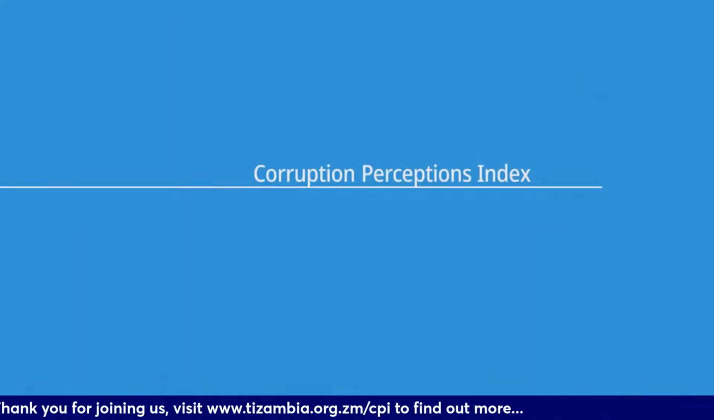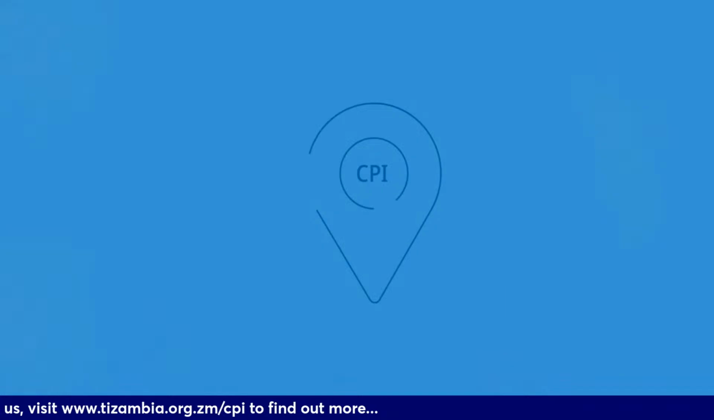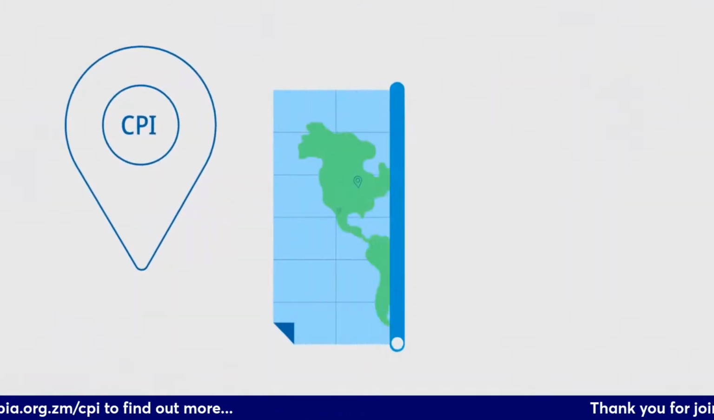Corruption Perceptions Index, also known as the CPI, scores and ranks countries around the world based on how corrupt